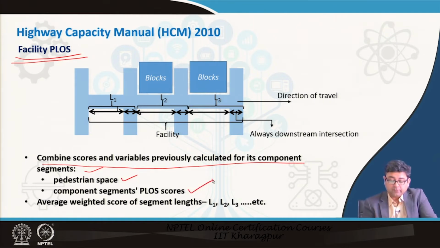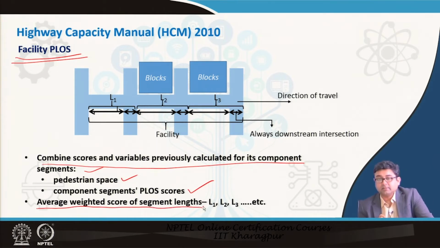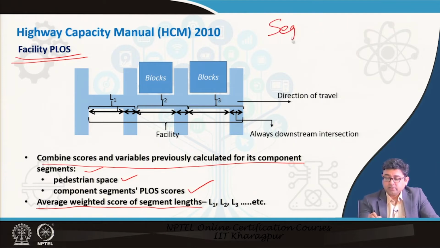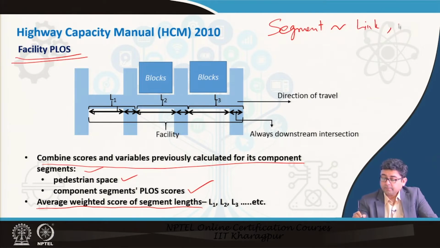Again, you have to calculate now the average weighted score of the segment lengths. Remember, just easy to remember is a segment is usually a combination of two elements, link and intersection,